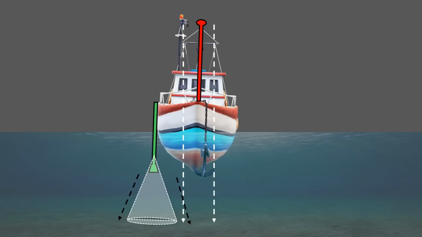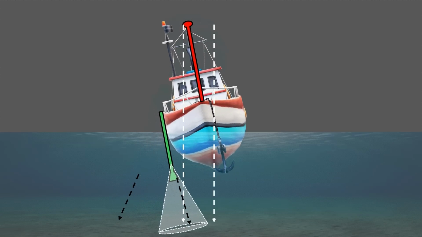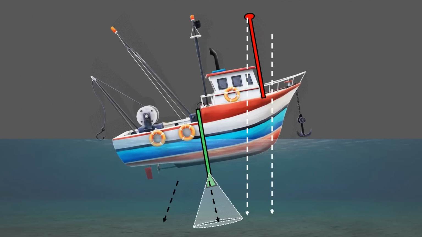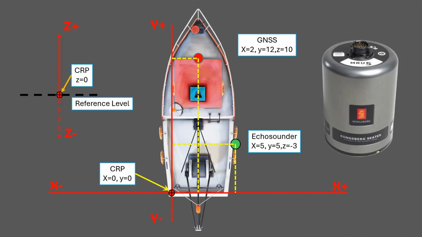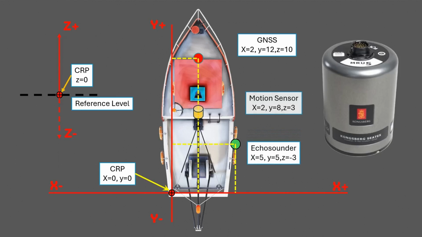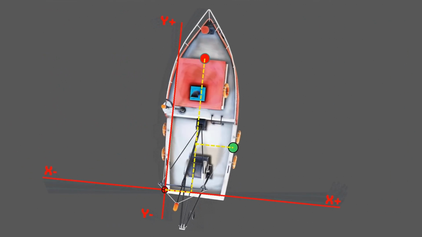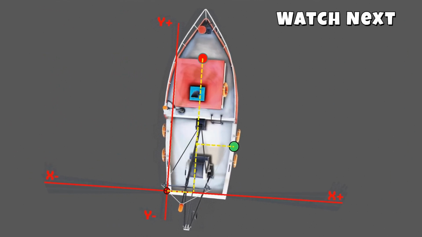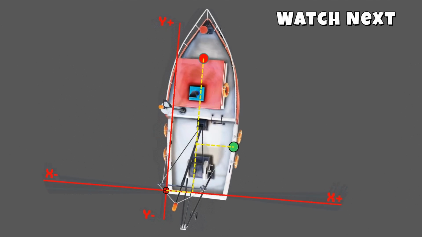But then the gyro compass cannot solve the angle change when the vessel is rolling from side to side or pitching up and down. And that's where you will require a motion sensor which can calculate this roll and pitch angle as well as yaw and heading angle. Remember, this motion sensor does require gyro compass input. In these 2 videos, I have discussed setting up the motion sensor and everything you need to know about gyro compass. Do see them after this video.